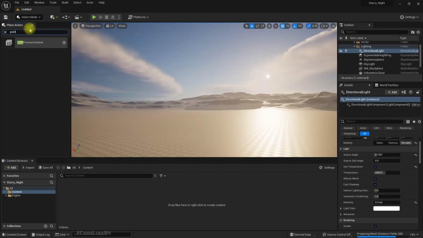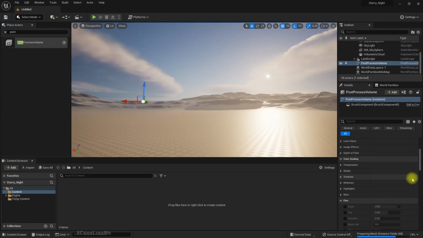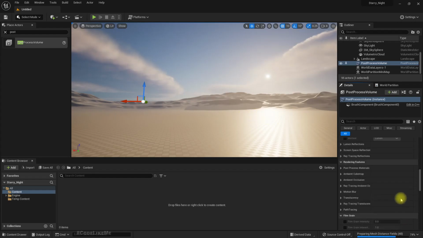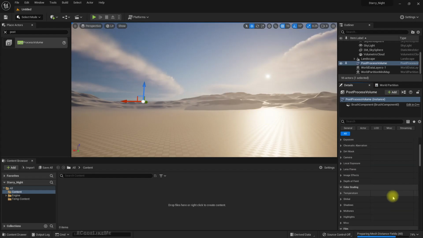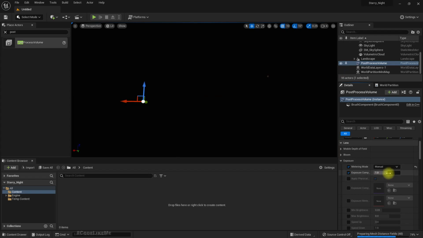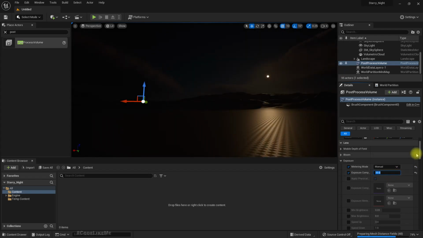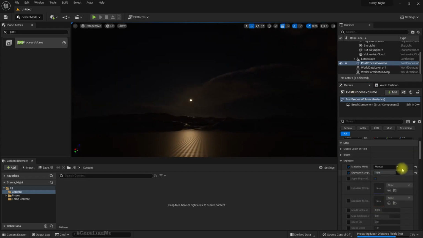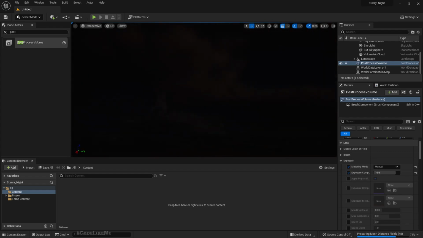So let's add a post process volume. Let's make this infinite extent or unbound, otherwise it will not affect the whole world. And under exposure, let's set this to manual and maintain. Right, okay, now